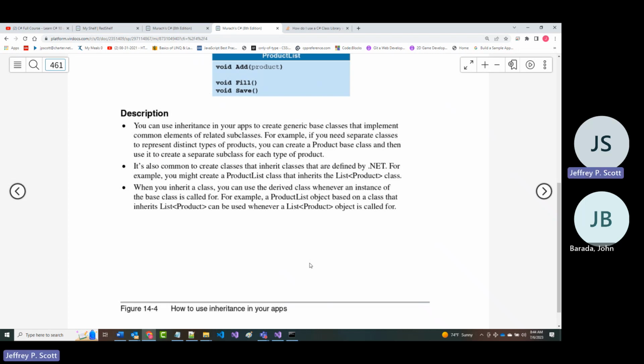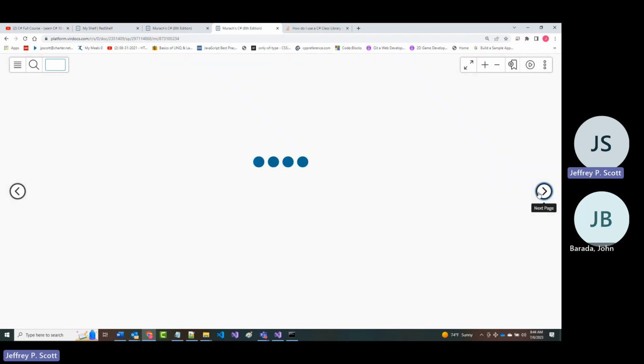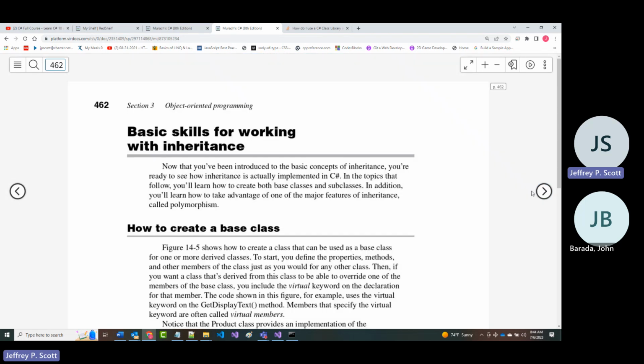When you inherit a class, you can use the derived class whenever an instance of the base class has been asked for. So basically, a child can do anything a parent can do, but the converse or the reverse of that is not necessarily true. All right, so let's look at some basic skills for working with inheritance.